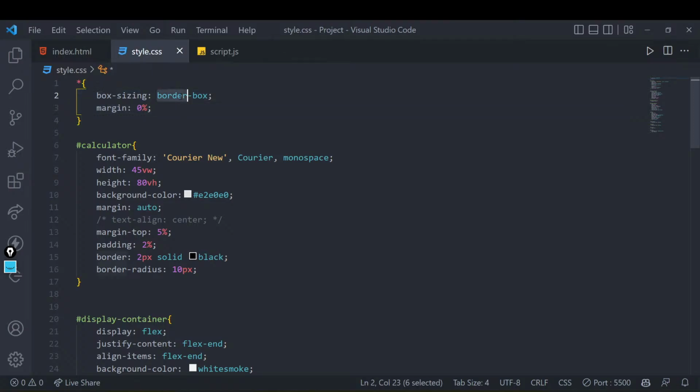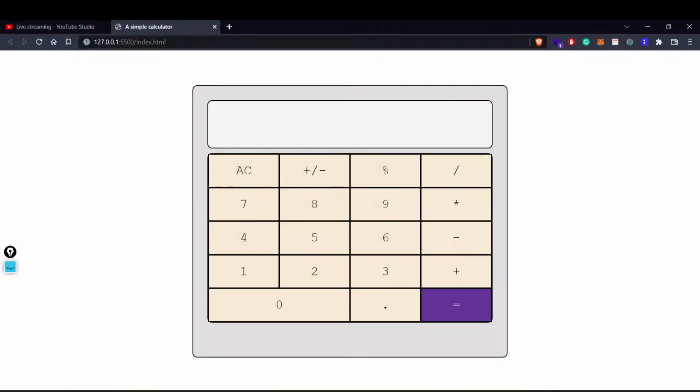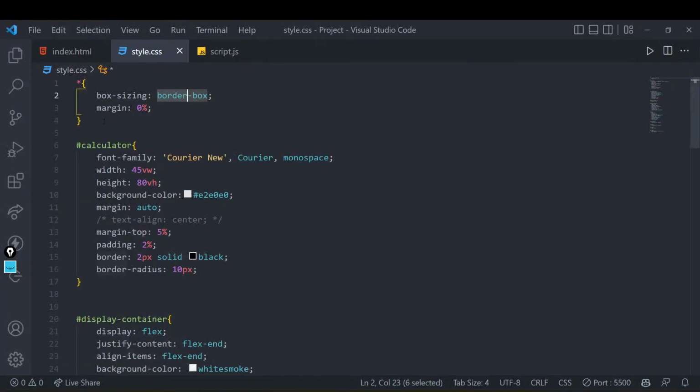The other thing is if we give some margins or border width and all, that might change our box dimension. So that was the reason for doing these first two lines. I know these things might not be very clear to everyone right now, but just for explanatory purposes, this is what you will find people writing on the very first line of their CSS to reset it, because HTML provides some default CSS of its own, but we don't want to use it. We want to write everything from scratch.